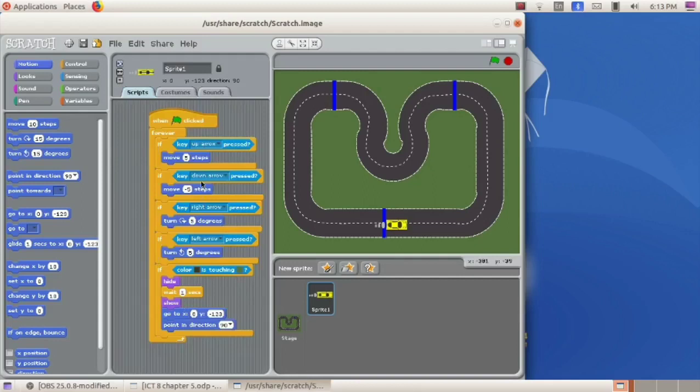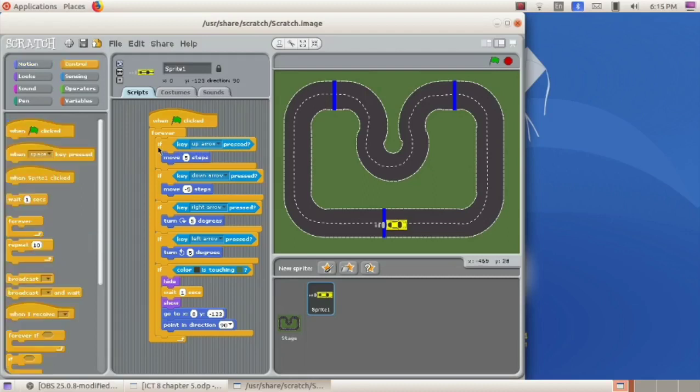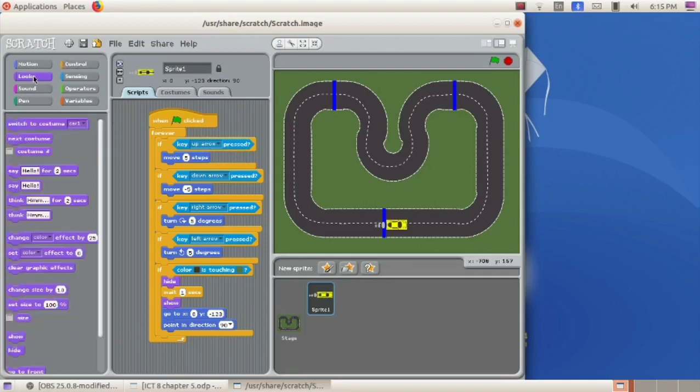In this we have to make a slight change to include the second sprite, that is car 1, to the game. Here see the first block. If key up arrow is pressed, the car should move 5 steps forward. In this we have to add some more instructions. For that, go to looks block. Here we can see the switch to costume instruction.